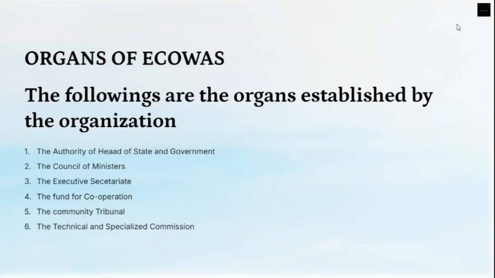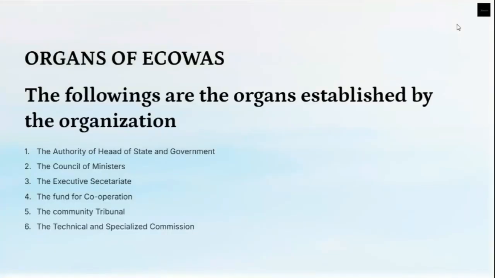Then we go to the executive. Now, when we talk about their key functions, the authority of head of state or government is responsible for the appointment of the executive secretary. They make decisions and recommendations. If any country wants to join, they approve or disapprove. Amendment of the charter. So these are their functions: decision making, recommendation, signing of treaties and agreements, amendment of the charter, because they are the highest.